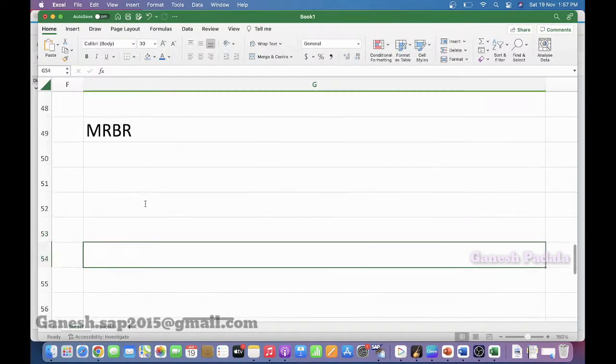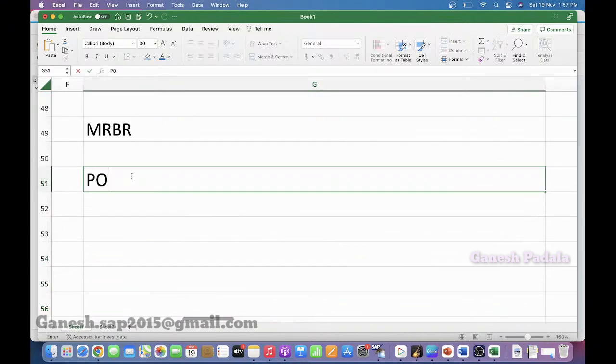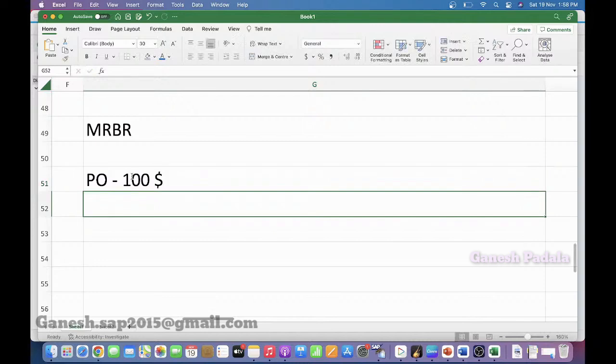For example, let's take one case. The PO is created for $100, and the invoice is posted for maybe $105.